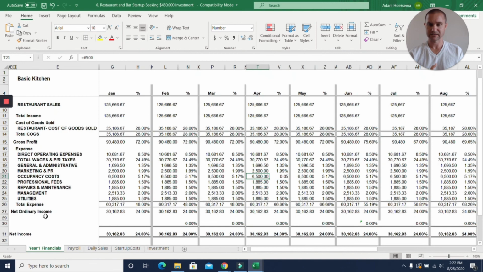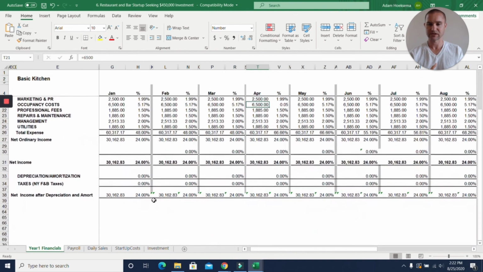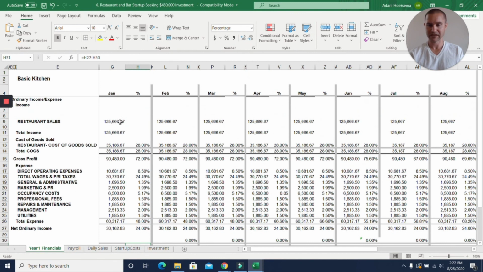Is that realistic? Is this 24% income realistic? I'm not seeing anything in here that makes me think, oh yeah, this is a really unique concept that's going to be way more profitable than average. So there's nothing in here that shouts out that you're really missing something, but my guess is